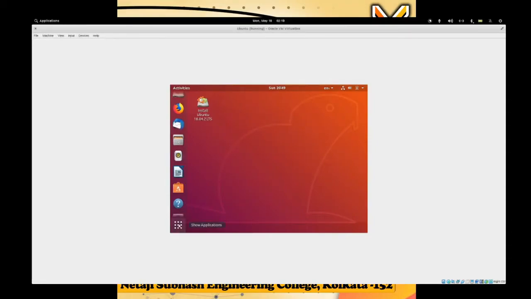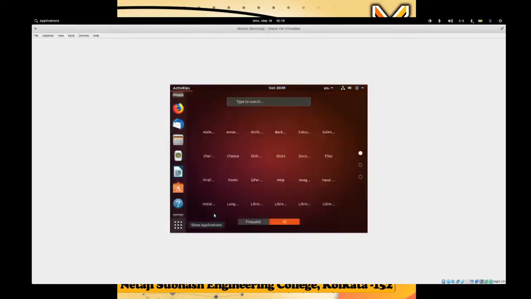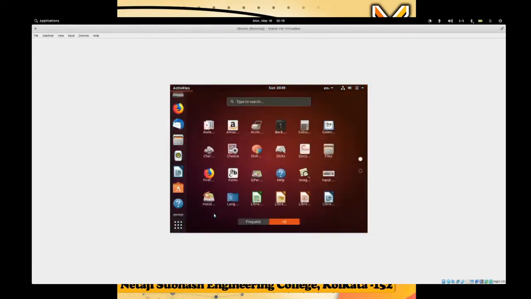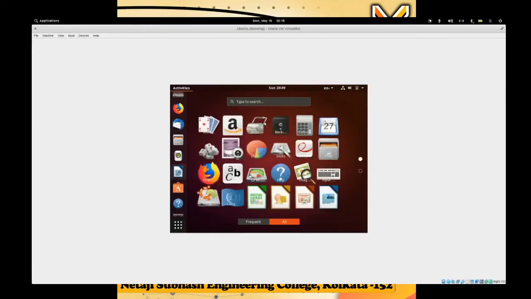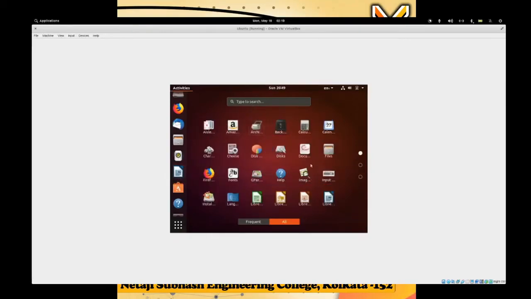So as you can see, the OS will kind of lag on my system. The reason being I have a lot of Firefox tabs open, so that has taken up a lot of space on my RAM. So it's going to lag on my system. But still, I guess you get the basic idea. So as you can see, this is not really much of a difficult operating system, it looks like,